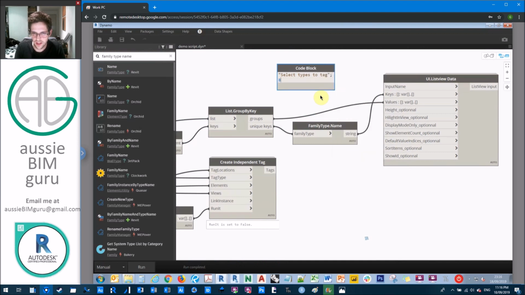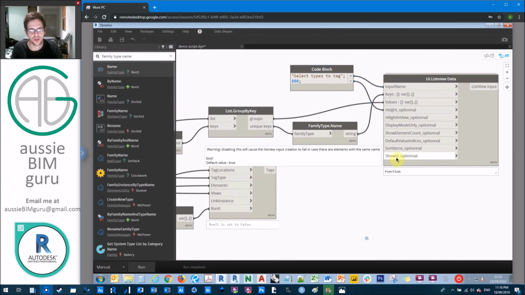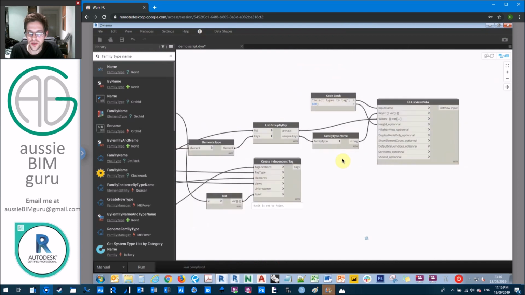And I'll just make the height 800, which is a pretty high user interface component. This is how high the button will be. The rest of these all had default values, which are all fine. One of them actually sorts as well, so it will order the names based on their alphabetical order. So that's really helpful. And it's good to understand that if your values get sorted, your keys get sorted in the same way as well. So you won't have any issue with things not being in the same order when you send them through the